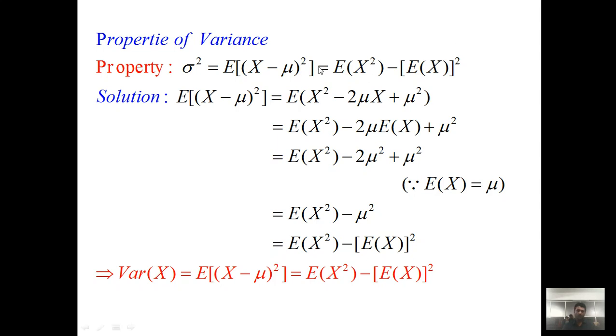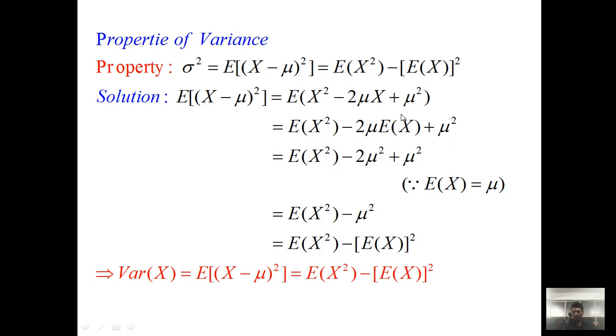By using that property we write E of X square as the first term, minus twice mu into E of X. Twice mu is outside because it is a constant, and we know that expectation satisfies one more property, E of (c X) is equivalent to c into E of X. We use that property for the middle term. And E of mu square: mu square is a constant, so we take it outside, and E of 1 is 1. So E of X square is as it is.